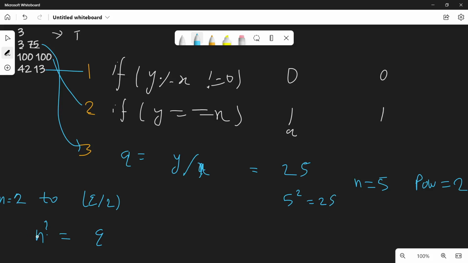So we need to find a value and how many times it gives q. To do this you can basically run two loops.